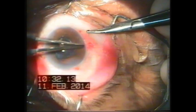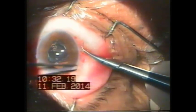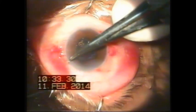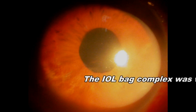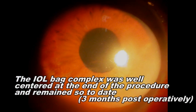Conjunctival flap was reapproximated at limbus. Suture knots were again rotated inside the corneal stroma. Wounds were hydrated. Results: the IOL bag complex was well centered at the end of the procedure and remained so